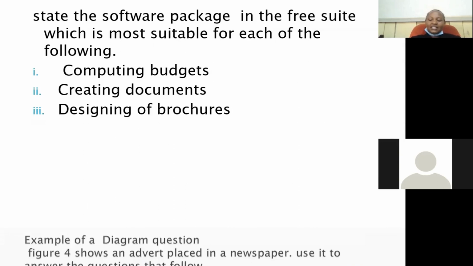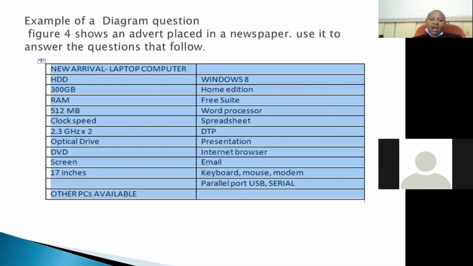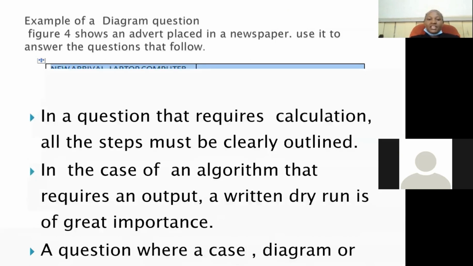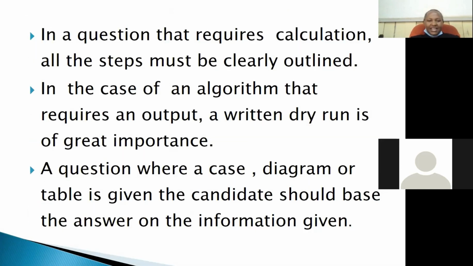The next one is designing brochures, and whatever is given here in our advert is DTP. So that is the correct answer that you are supposed to give based on the table that is given. So the next